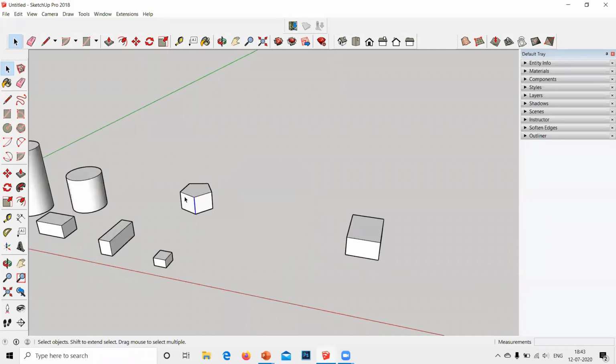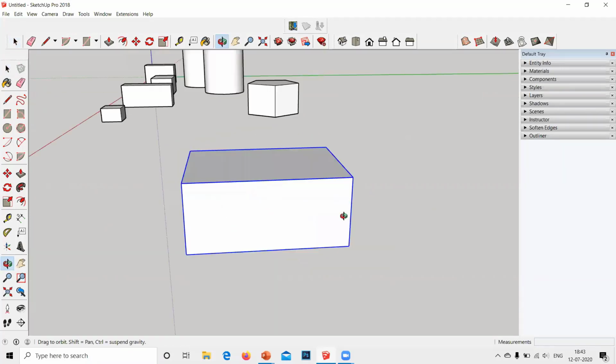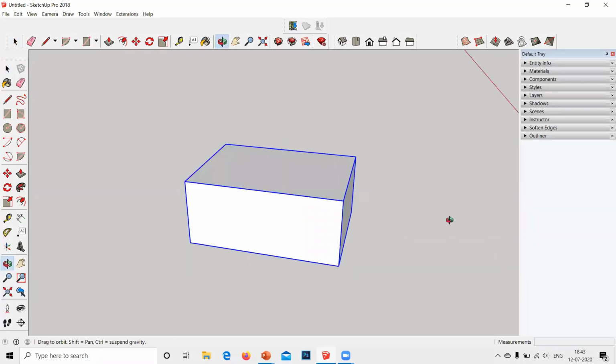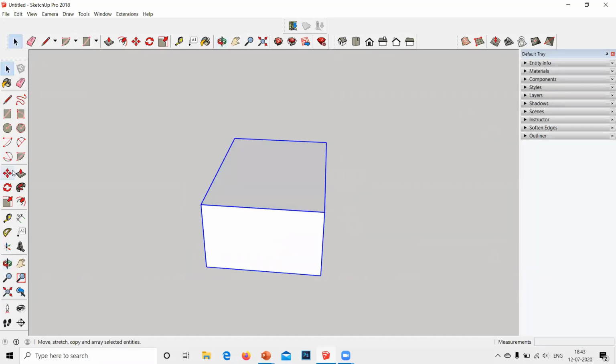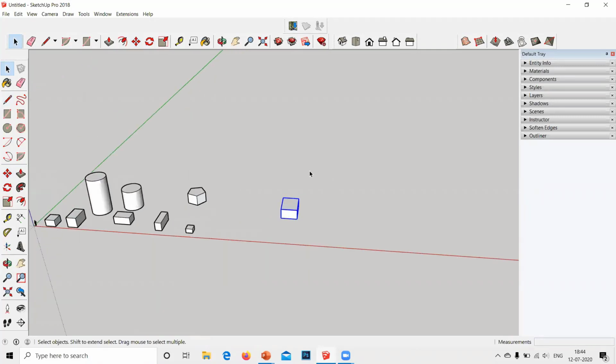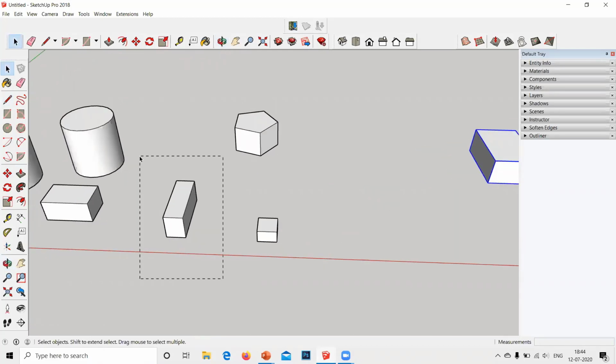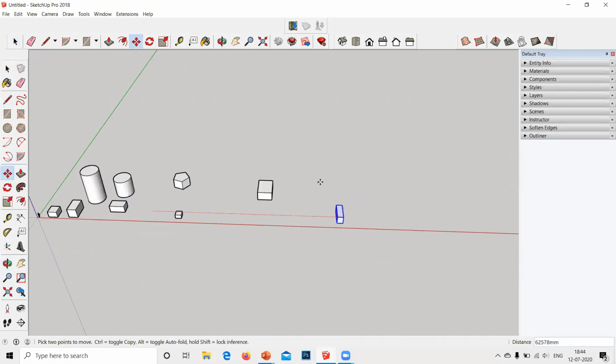Okay. So now I click anywhere else. Now suppose I click here. Now I go back and I click on this cuboid. As you can see, the whole cuboid is now selected because it's a whole group now. Now I try to move it. So I hope you understand, grouping means all the faces come together and stick towards each other.